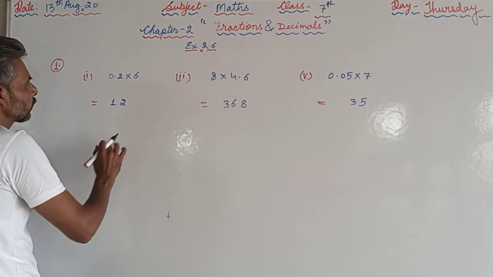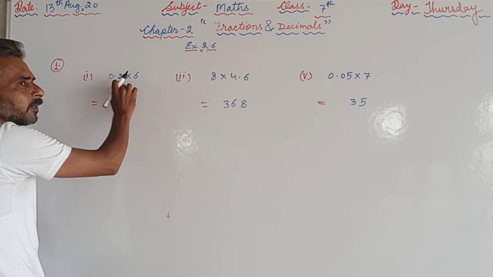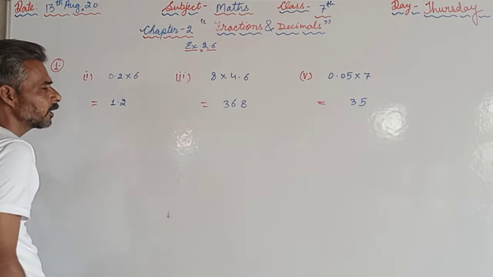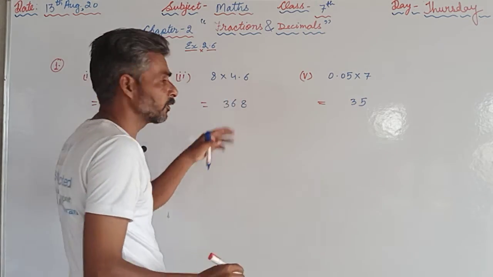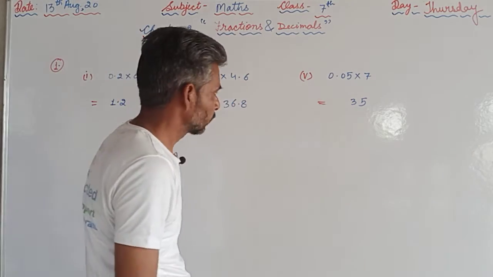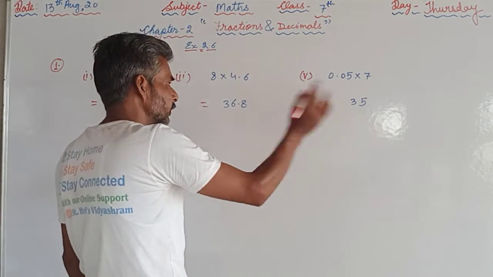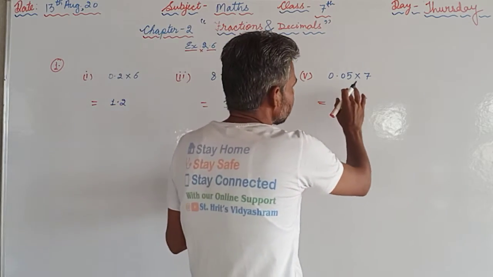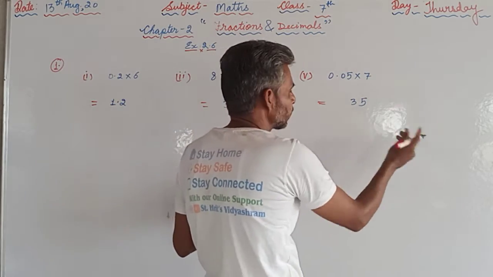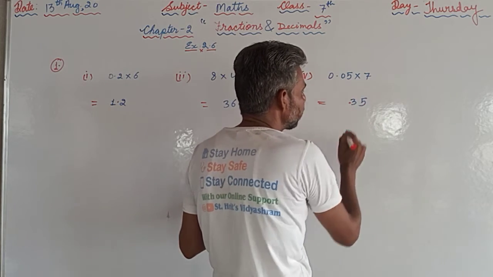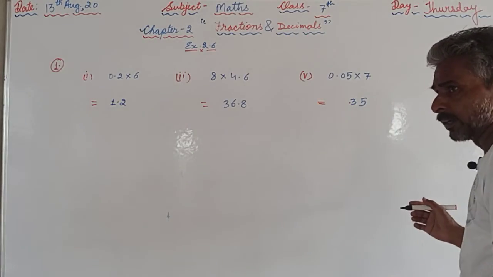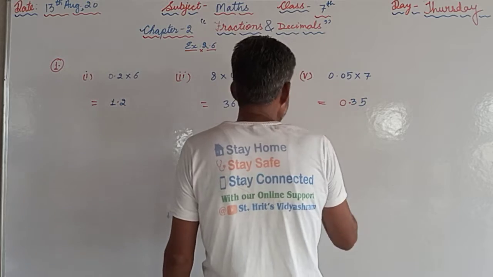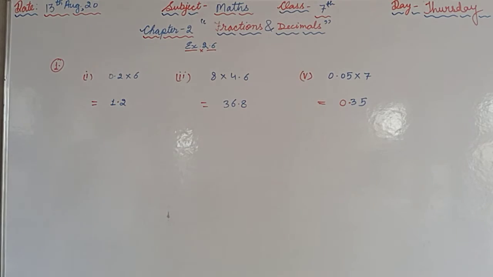Then we are supposed to see how many digits are there after the decimal. 1. So after one digit we will place the decimal. So 1.2 is the answer. Here again, how many digits are there after the decimal? 1. We will count from the right hand side, after one digit. Here 2 digits are there, so we will count from the right hand side, 1, 2. The decimal will be here, and we will not leave it like this. One digit should be there on the left hand side of the decimal. If no digit is there, then we are supposed to place the 0. So like this we are supposed to proceed in this question.